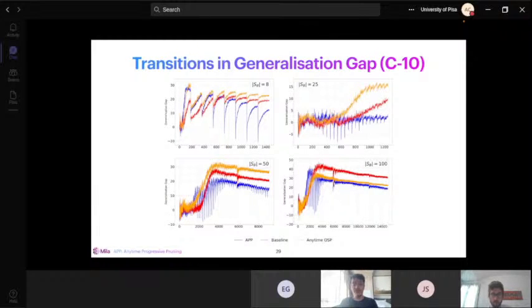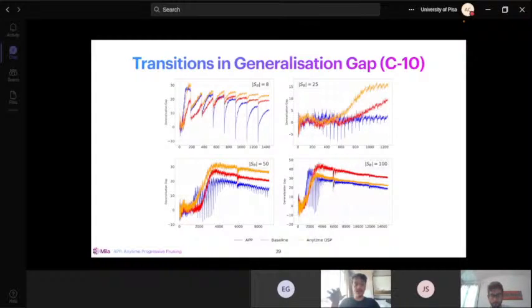Based on those results, while training we observed some very interesting training dynamics. As I said, one of the most important axes of our observation is the generalization gap, and we emphasize it quite a lot. We observe a very interesting trend that builds up during training. Here we are simply plotting the generalization gap as a function of the number of megabatches, for CIFAR-10. You can see the blue line is always consistently lower compared to both the red and the yellow line, which represent baseline and OSP.